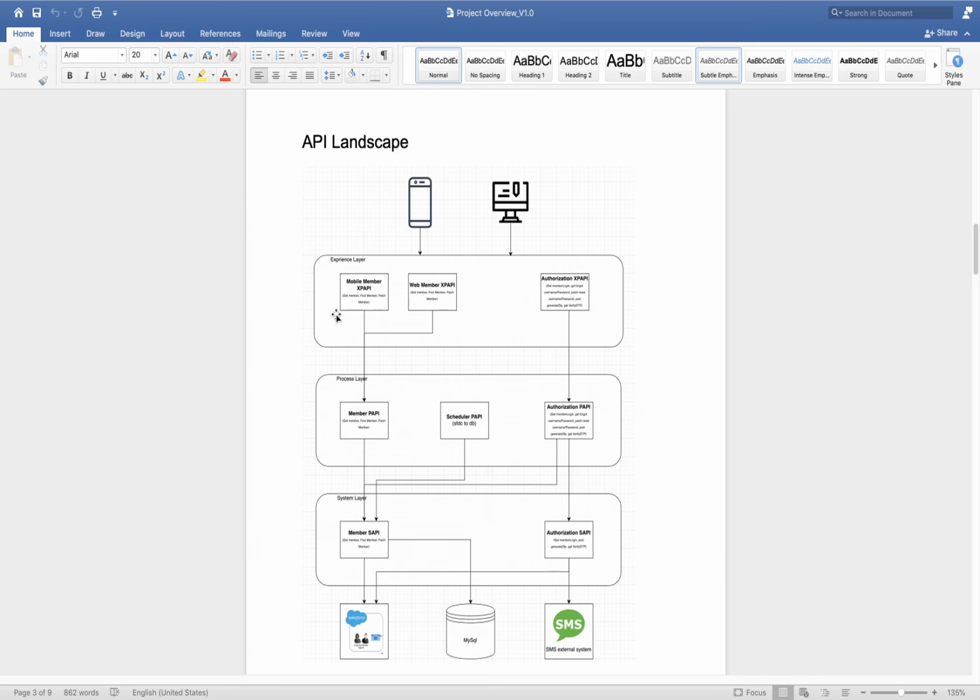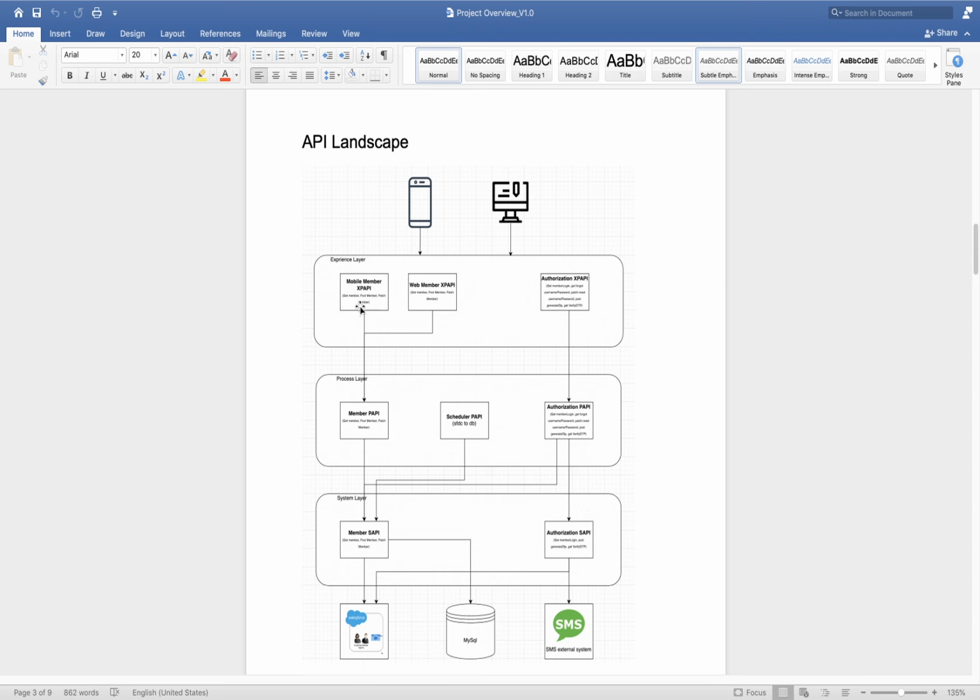Why do we need different experience layers for different experience systems? Since they need different sets of data. For example, in the case of mobile, we are not displaying all customer related data, only a few pieces of information. So we have another API that will do the required transformation and send only the required data. For the web application, we are displaying the entire customer detail.